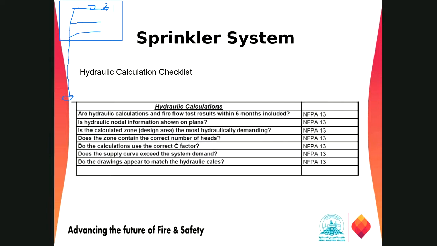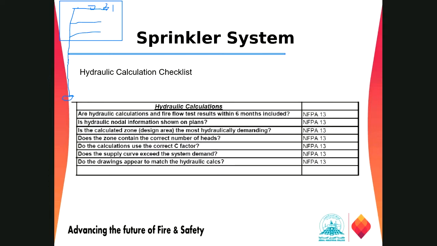We don't need it for this sprinkler, this branch. We don't need it for any other branch. But all the way from the main piping, we have to come to the loop, right? So only the hydraulically most demanding one is what we base our system calculation on. Yeah, exactly. Yes.